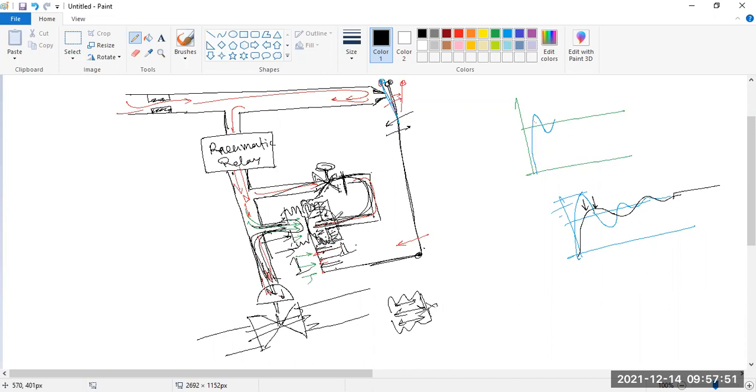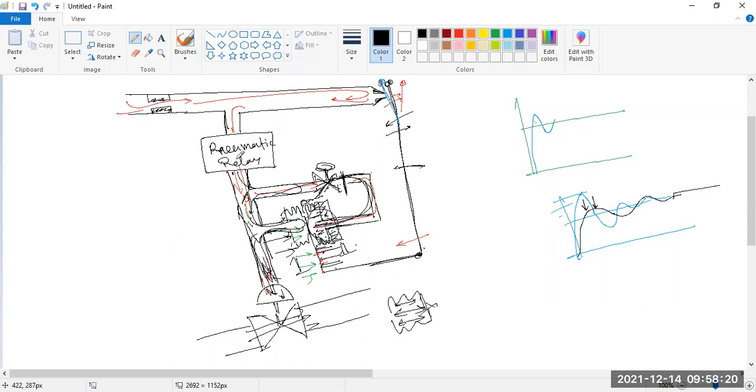So it will not allow the lever to oscillate to this side. What happens? Then only your channel is free. This channel is free to come here and here. So this pressure is coming and going back, coming and going back. It will again go to this side and this side also.